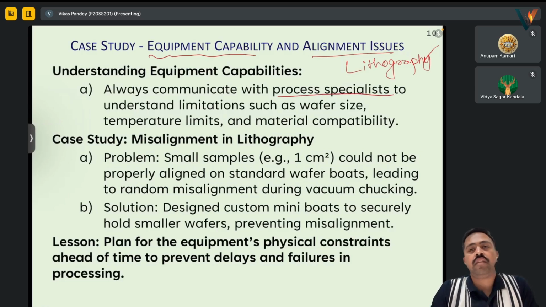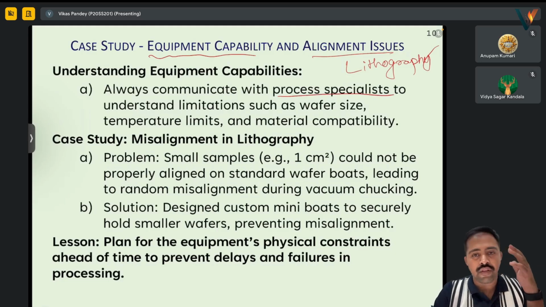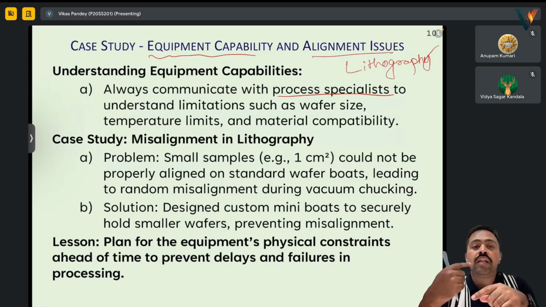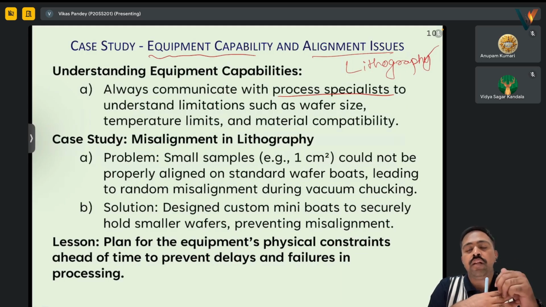Suppose I am thinking that I will do such a process, and I am directly going to do that. But the person who knows about the process, or who is a specialist or operates those devices, we have to understand the limitations because theoretically it might be that